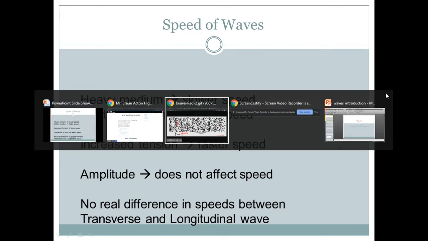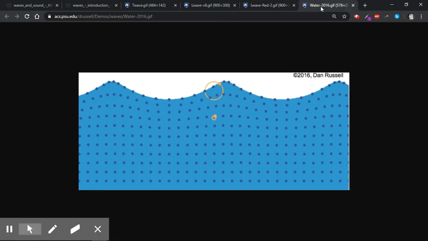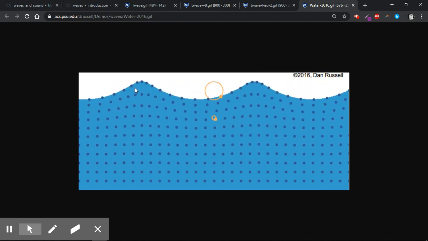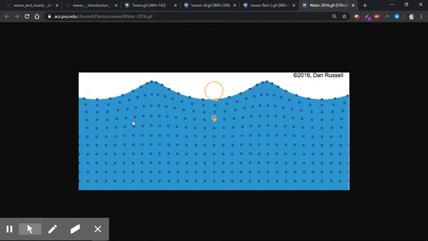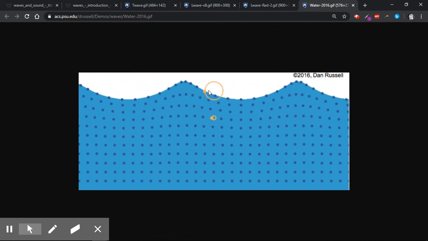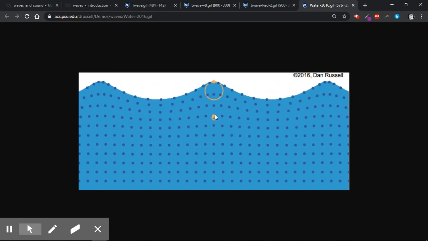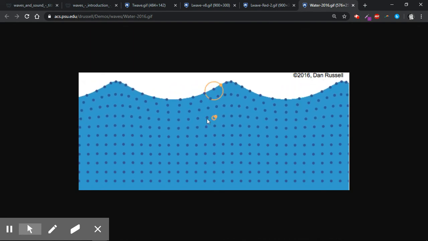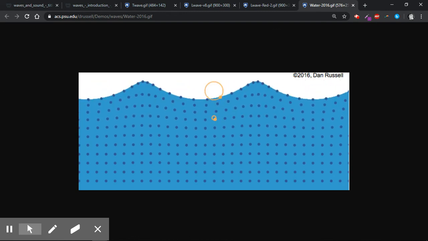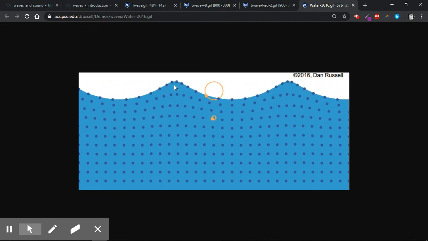One thing I wanted to point out before we end this is water waves. Water waves are a combination of longitudinal and transverse. So look, they compress and they rarefact, and they also move up and down. So water waves are wild, and that's why you get sick when you're in the water, because you're going up and down and around, and that's why you get this undulating feeling, because the particles are both doing a transverse and a longitudinal movement. Now, people often mistakenly think that the water that they're getting hit with is water from the ocean. Turns out it's actually just the water that's sitting right in front of you. It's just that it's lifting up and moving down, lifting up and moving down.